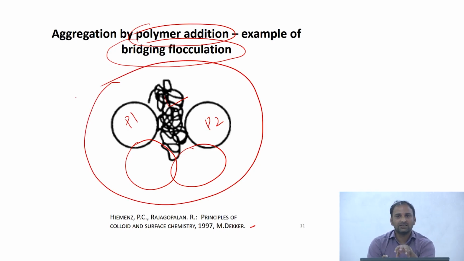In this case, the clustering of particles is basically done by adding a polymer that adsorbs onto the particle surface, and when many particles come together, you basically get a multi-particle cluster, which is held together because of the additives that I've added. Okay. So these are a couple of different ways of doing it. Again, there are different mechanisms of how the polymer addition helps in aggregation, so that we'll not talk